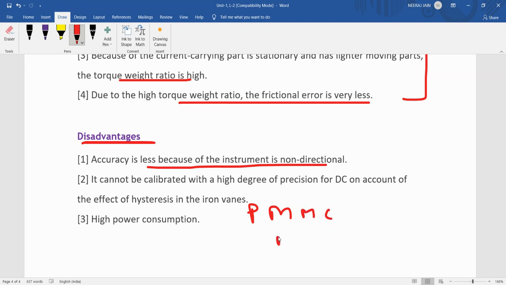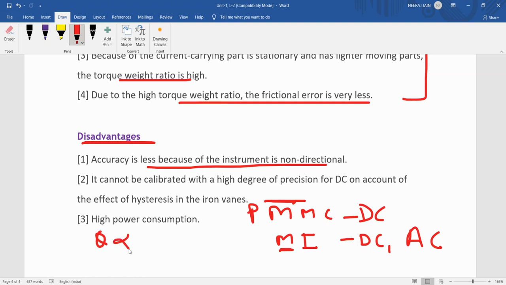So we can conclude that we have studied about the PMMC instruments and moving iron instruments. PMMC instruments only work for the DC, and these instruments can work for both the DC and AC. यहाँ पर हमारा इनमें लीनियर स्केल होता है पीएमएमसी इंस्ट्रूमेंट्स में, यहाँ पर हमारा लिटिल बिट नॉन लीनियर स्केल होता है। पीएमएमसी इंस्ट्रूमेंट्स में जो डिफ्लेक्शन है पॉइंटर का दैट इज प्रोपोर्शनल टू I हम कंसीडर करते हैं, बट इन द मूविंग आयरन इंस्ट्रूमेंट्स में जो डिफ्लेक्शन है दैट इज प्रोपोर्शनल टू I स्क्वायर। थैंक यू वेरी मच।